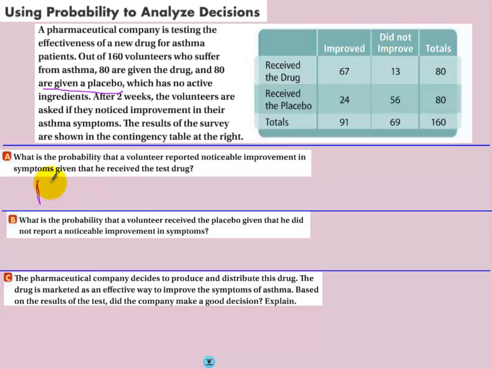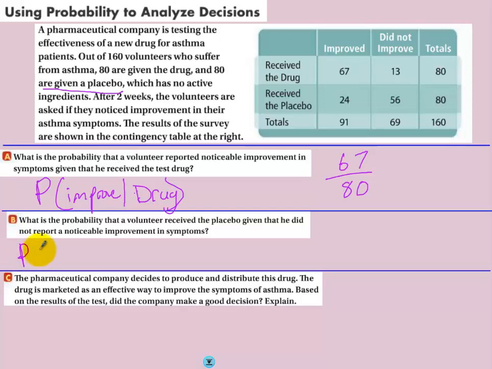So we can say the probability of improved given they received the drug. So you receive the drug's the top column, so it's going to be 67 improved out of the total 80. So that's that probability. Now what's the probability a volunteer received the placebo given that he did not report a